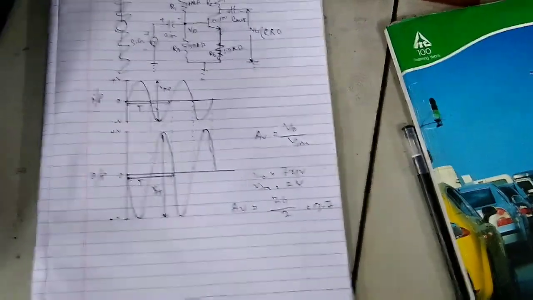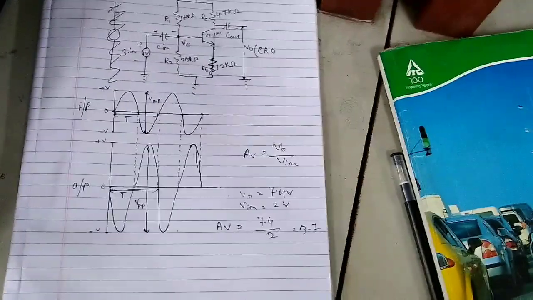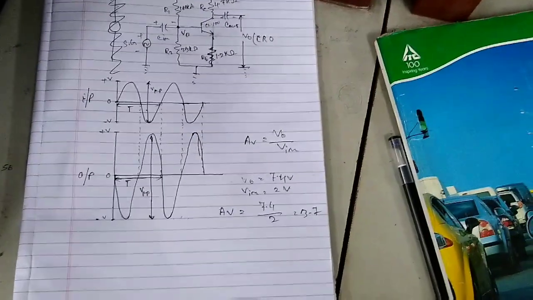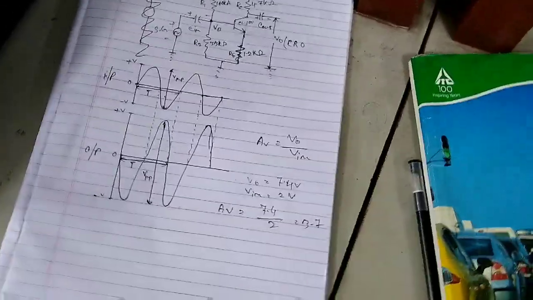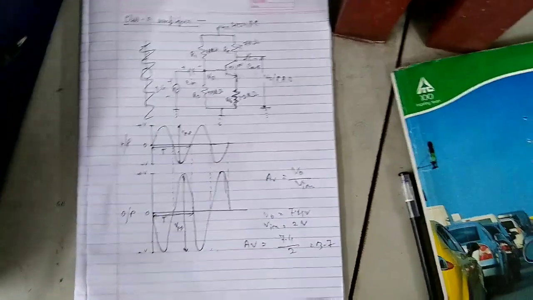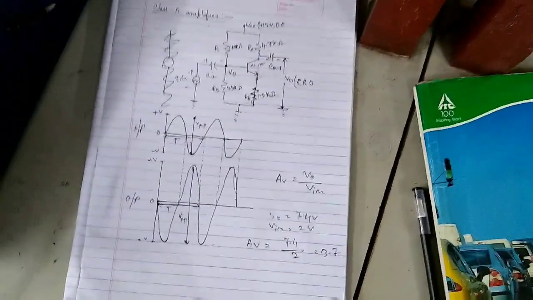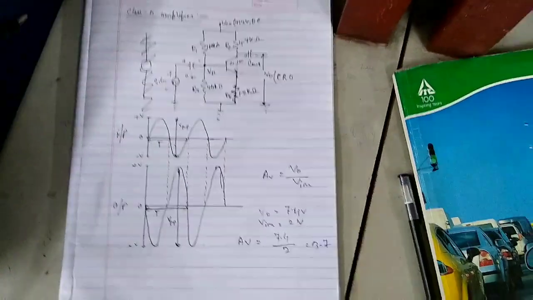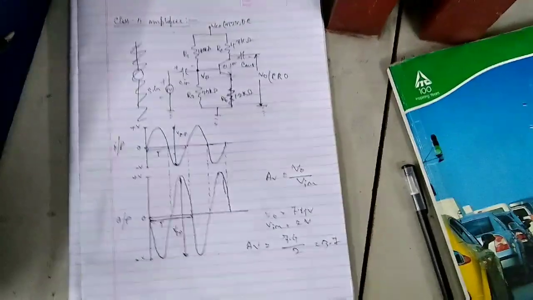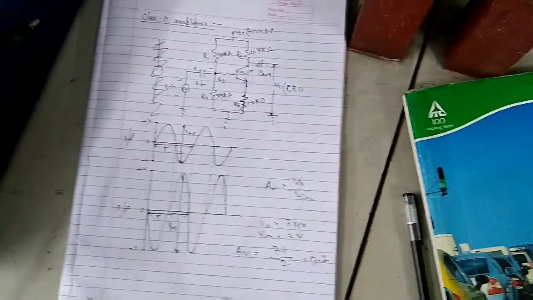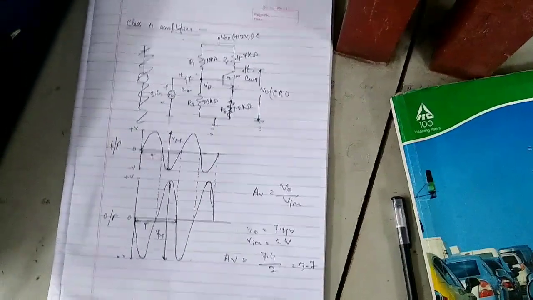3.7. So we are getting a voltage gain of 3.7, and that is suitable for this circuit. Okay, now we have to see the bandwidth of the circuit. What is bandwidth? Bandwidth is a range of frequency where the circuit works in its active region. That is, the faithful amplification takes place in the active region. We have to find the region.